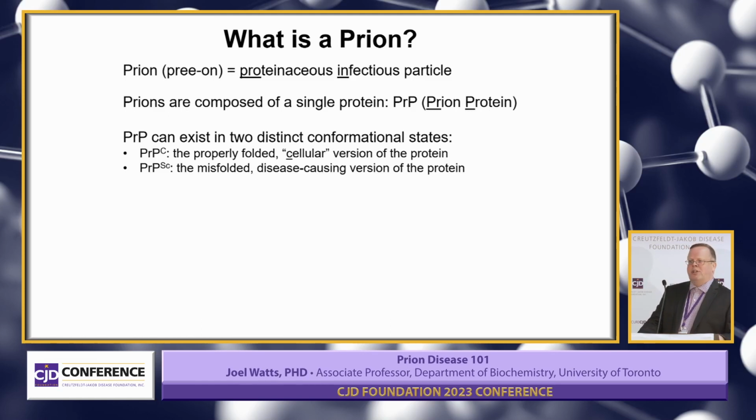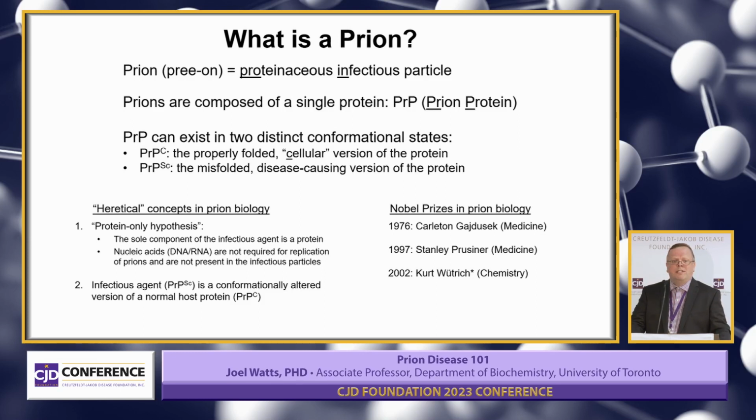So what exactly is a prion? As Brian mentioned, prion comes from the words proteinaceous infectious particle. If you put those together, you get proin. That doesn't really have a nice ring to it, so you rearrange the I and the O to get prion. The main thing about prion disease is you have a protein that can exist as two different shapes. You have the PrPC, or cellular shape. That's the good shape that is healthy, benign. We all have it in our brains. And then there's the disease-causing or scrapie isoform, PrPSc, which is the infectious and toxic version.